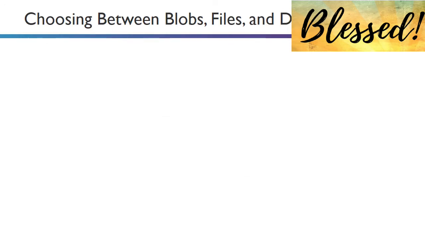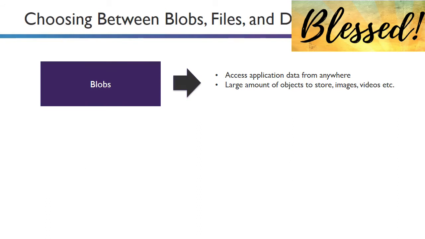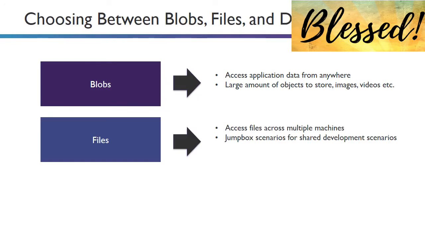So if we break it down, blobs themselves are for storing large amounts of objects. Again, images, videos, etc. We might want to access them from anywhere. Just lots and lots of images, videos, text files, etc. that might be accessed. Then we've got files, so think of these as more for accessing from multiple machines, jump